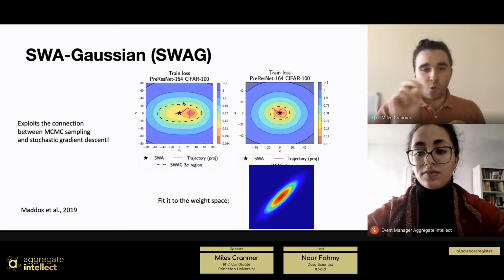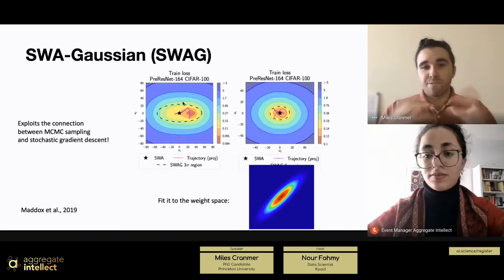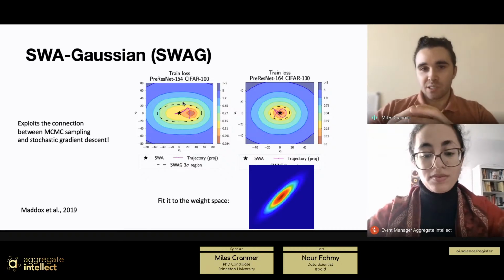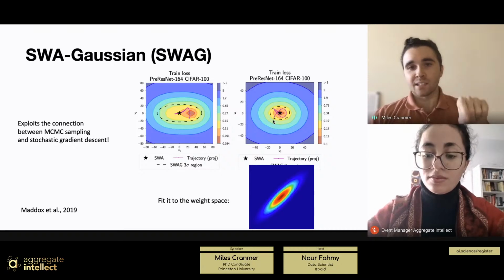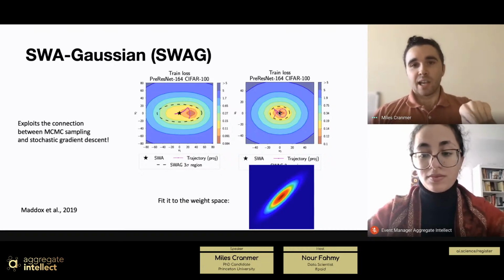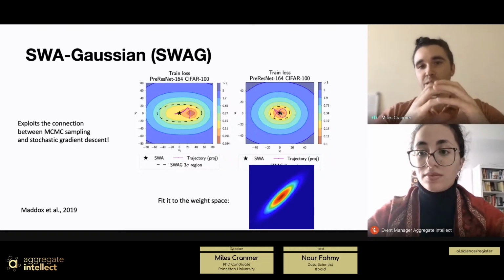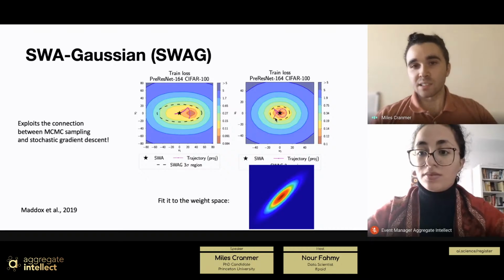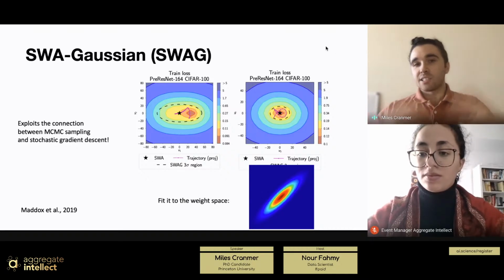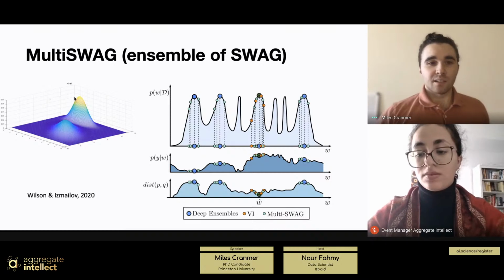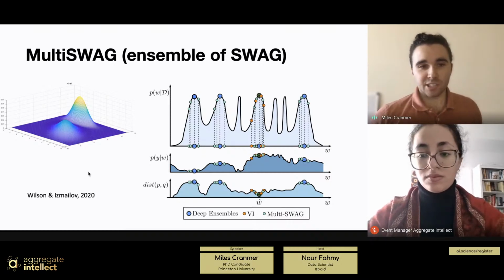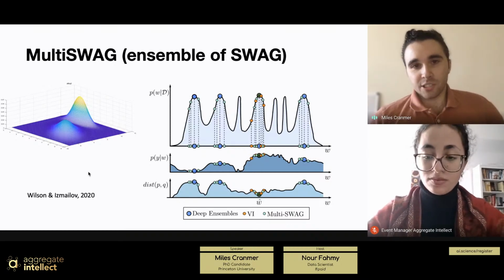You literally just record the optimizer and fit a Gaussian to your parameter space. Maybe this is one weight, this is another weight, and you literally just fit a distribution in this space. And that's a distribution over your weights. The follow-up I did to this, which was proposed last year from Andrew Gordon Wilson's group, is